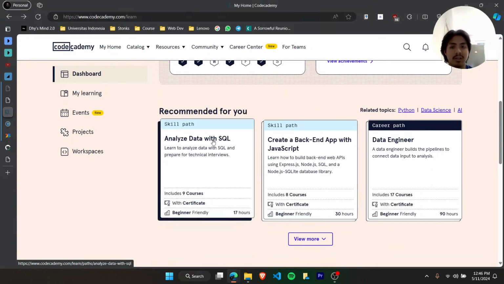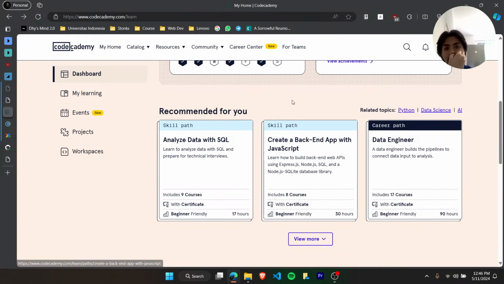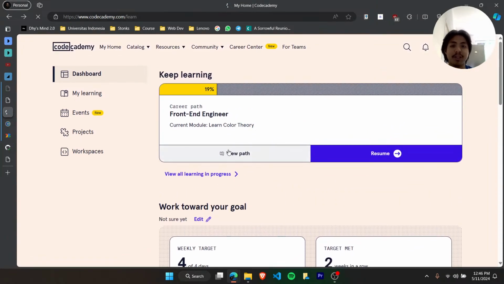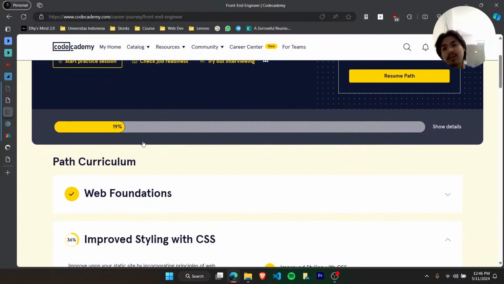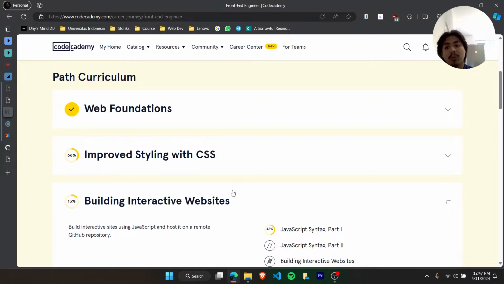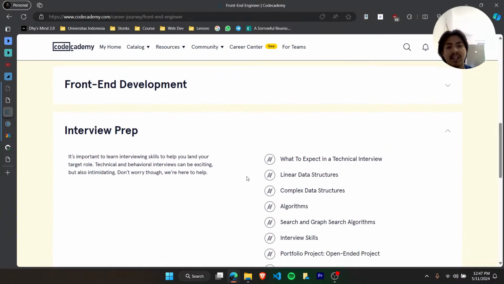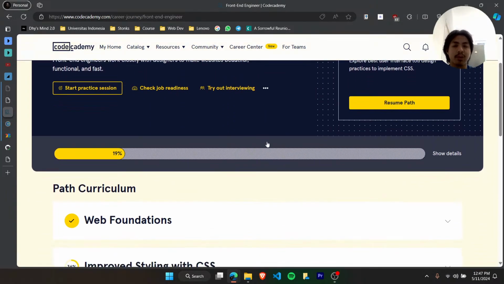Okay, this is recommended, creating backend app with JavaScript. Okay, I don't know. I still want to finish this first because front end it's so long. I only did 1/5, and it took almost 2 months or 3 months. That's why. But I think now by me being more consistent, I think I can do it faster. And by streaming it, I kind of have a proof of what I've learned and what I've done. So yeah,